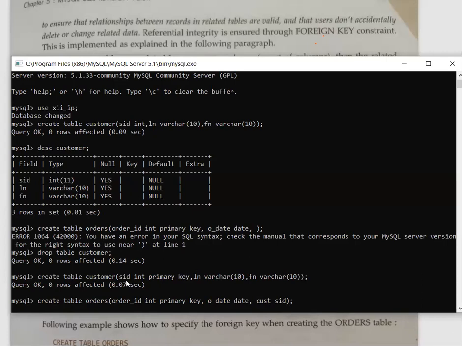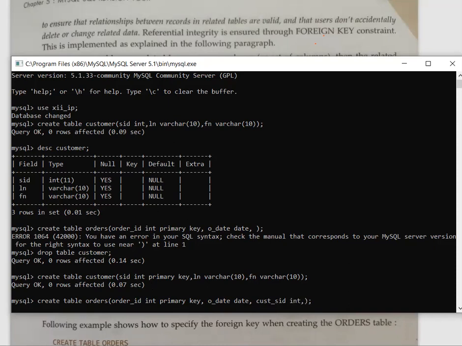Again I am repeating, you can take different names, no problem, but the data type has to be same. It means if you have written integer here, here also you will write integer. If you are writing varchar 10 here, so here also you are going to write varchar 10 only. That is compulsory. So therefore I am taking this as integer type.